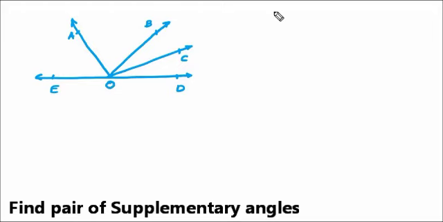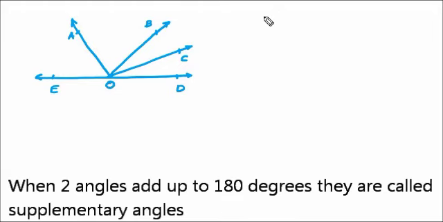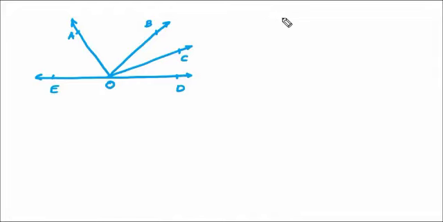What is a supplementary angle pair? When two angles add up to give 180 degrees, they are supplementary. And we know that a straight line always gives us a 180 degree angle. So I can say that if I take this angle, the supplementary angle for this would be this complete angle. That would give me a pair of supplementary angles because when they add, they are going to give me a straight line which is 180 degrees. So I can say that the pair of supplementary angles is.